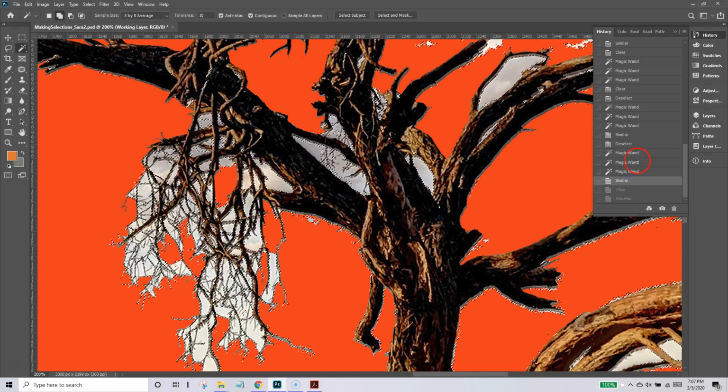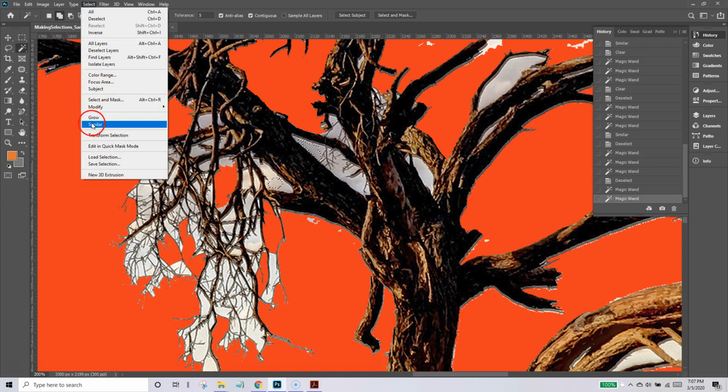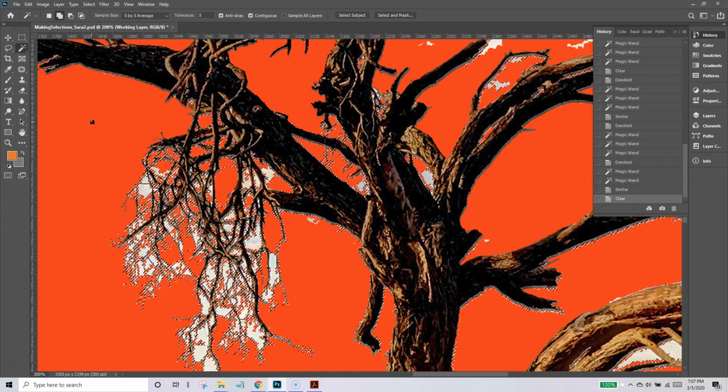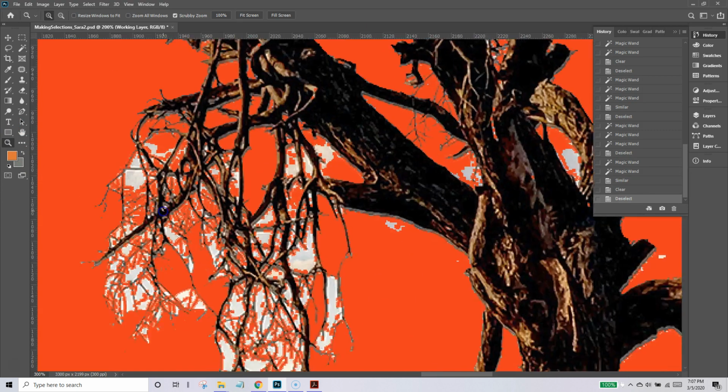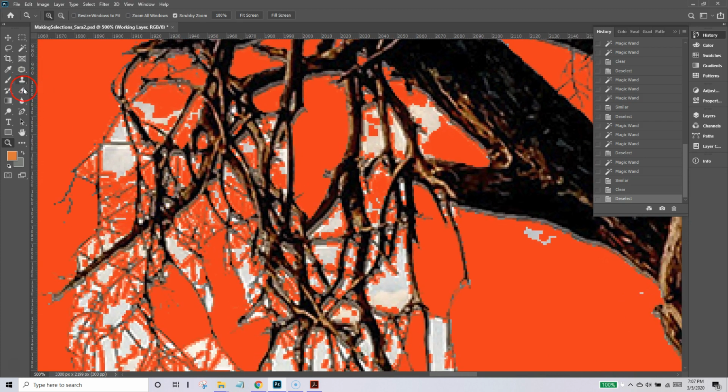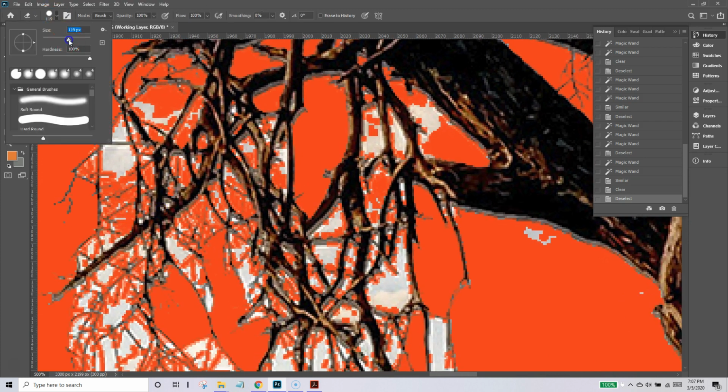So I would go back in time, right? Control D. So maybe I would see what 5 gives me, a tolerance of 5. So maybe I do that. Select similar, press delete. That's looking better, right? Control D. I still got the branches, and then I could zoom in and come in with a 1 pixel